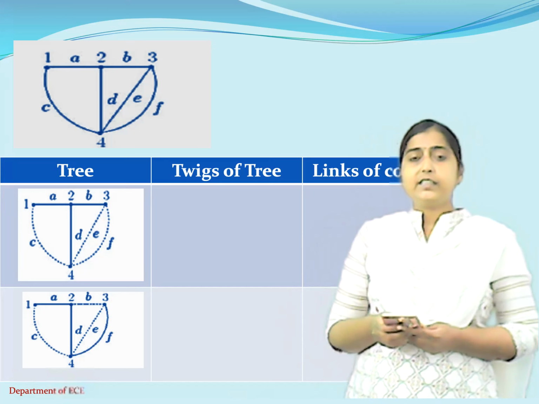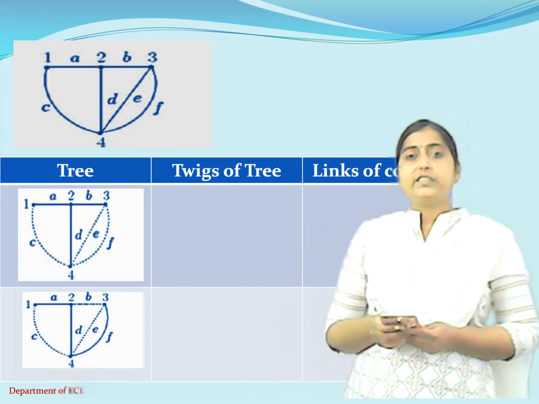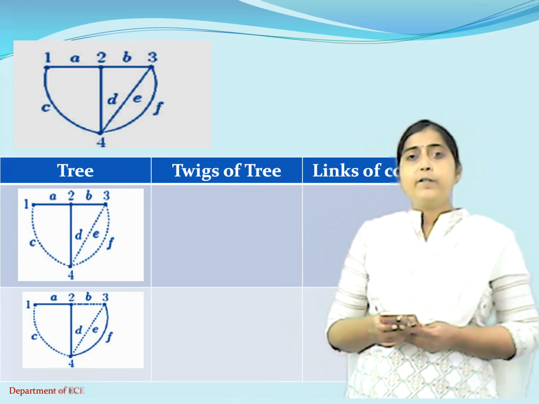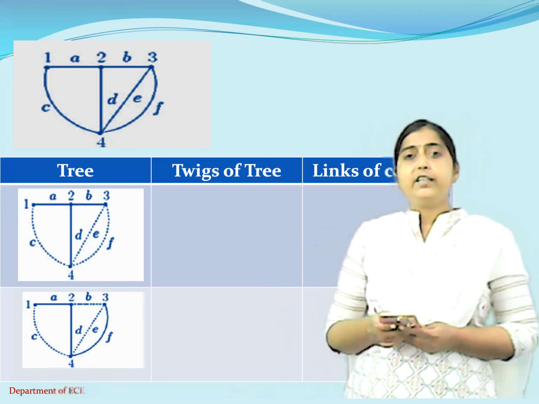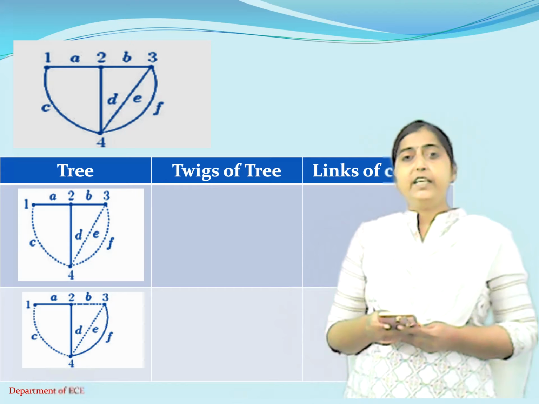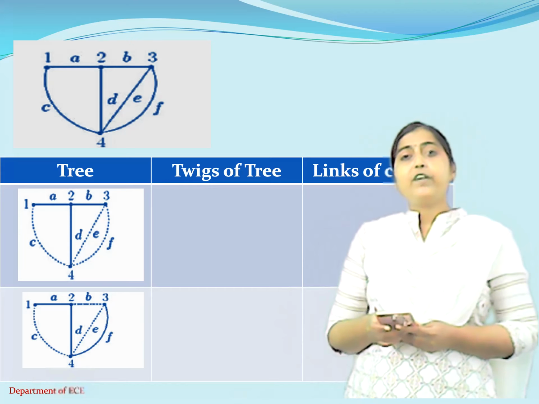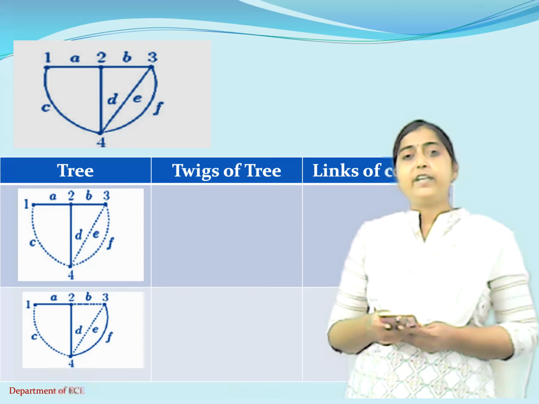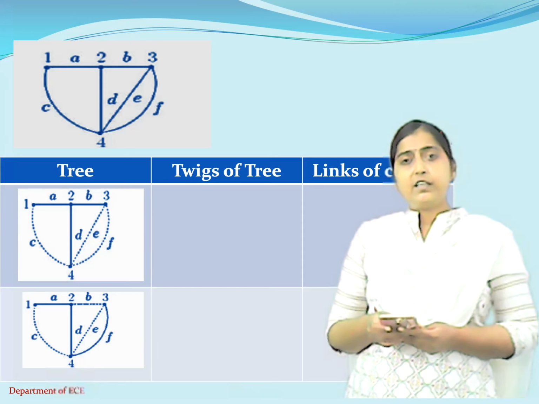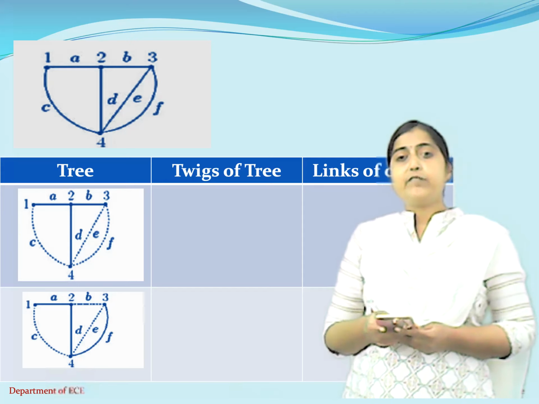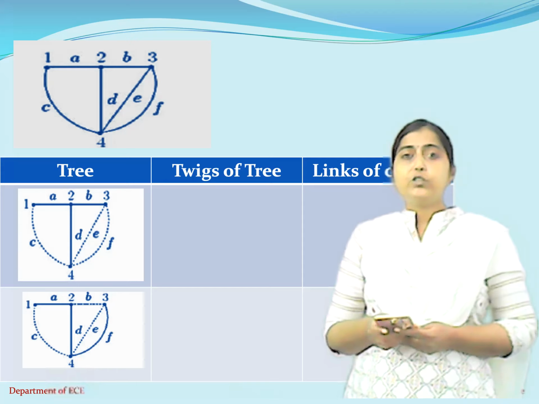So in this graph, I have removed C, so this becomes an open loop. Then coming to the second loop, we have B, D and E. I have removed E from it, so this has become open. Now the third loop is E and F. E I have already considered for the second loop, therefore I am taking F as a link. So I am removing F also. When I remove this, your network will be A, B and D, whereas C, E and F I have removed from the network. So that is a tree.